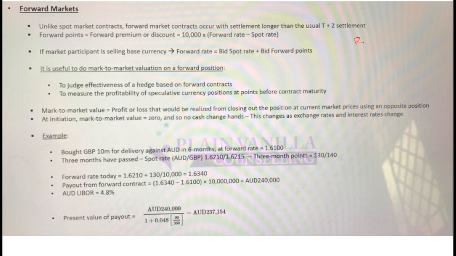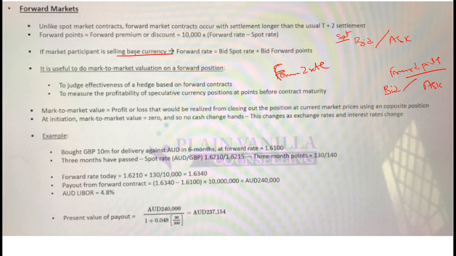So now the question is that you have a bid price and you have an ask price. If you are talking about a forward rate, should you take the bid price or the ask price? Similarly, your forward points would also be different. Forward points would again be in bid forward points and ask forward points form. So if you are talking about the forward rate, should you add bid or ask forward points, and should you select the spot rate as bid or ask? The question is which rate should you select?